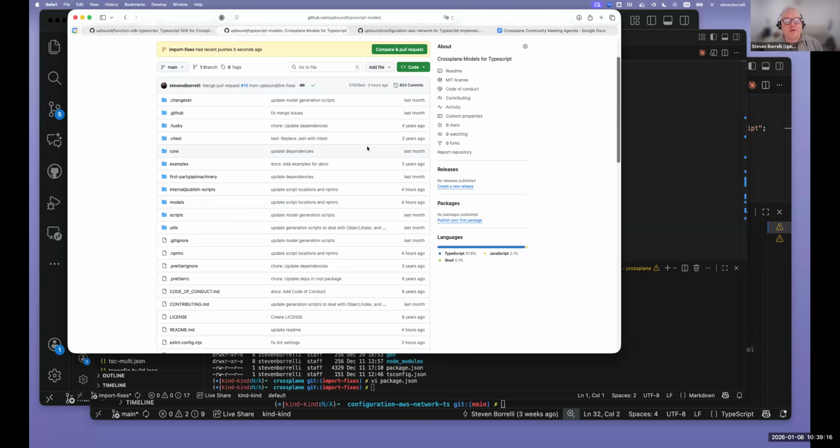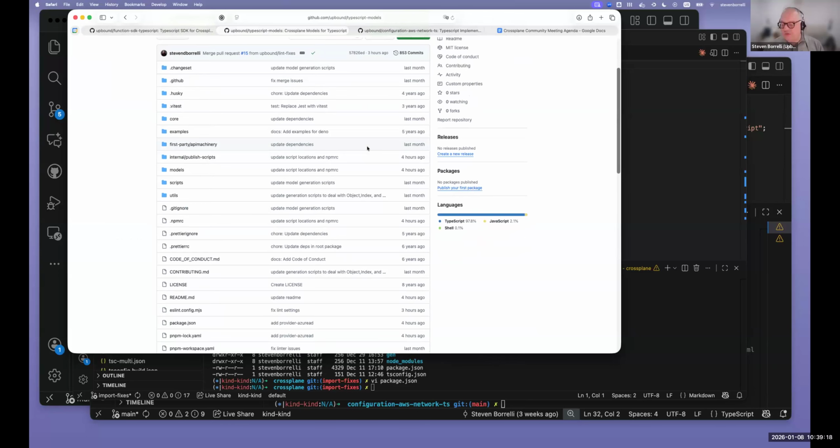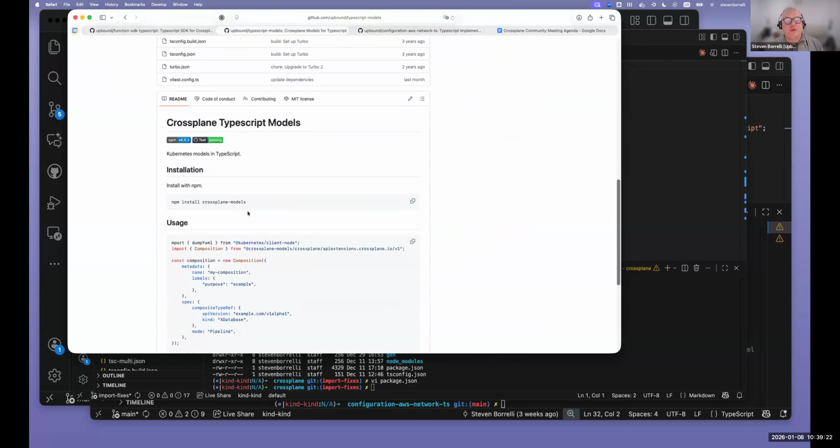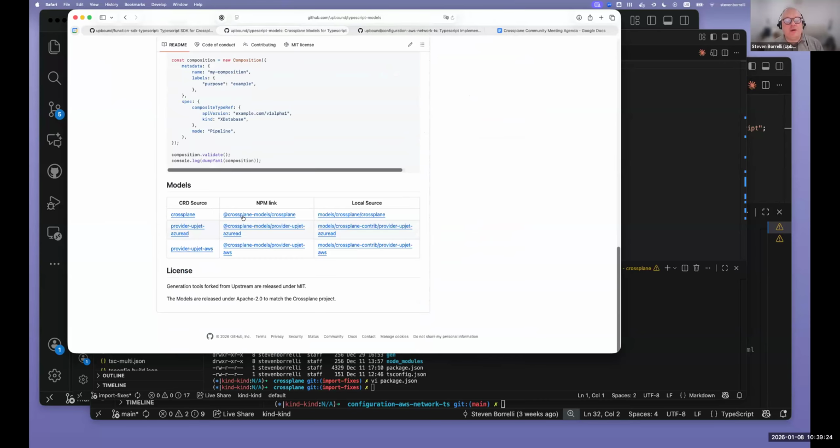So we're very similar to that repo, but we've made a lot of changes. This will generate Crossplane TypeScript models. And right now I have ones for the core Crossplane, provider Upjet Azure AD, because that was kind of small, there's only about 20 CRDs for that one, and then provider Upjet AWS, which has several thousand CRDs. And I've generated these. If you go to NPM, you can see there's a documentation link.